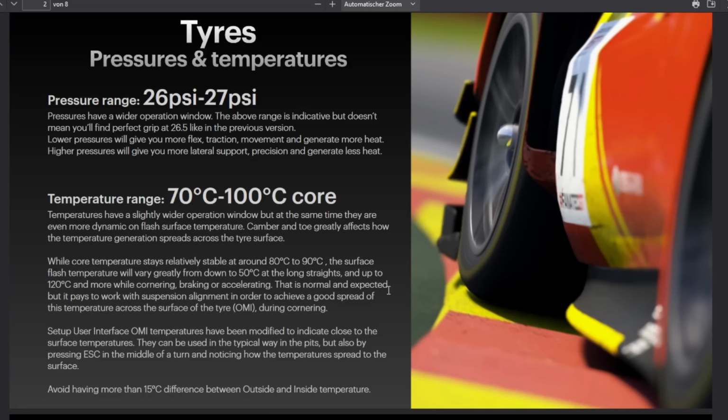What has changed, though, is how the tire temperature develops with different camber and toe settings. Overall, there will be a bigger spread from inside to outside. The temperatures on the surface will increase and decrease faster. But in the end, it seems to me, to break it all down, that you still want to run a lot of camber, if not max camber, and you can kind of ignore the negative impact you're getting from those